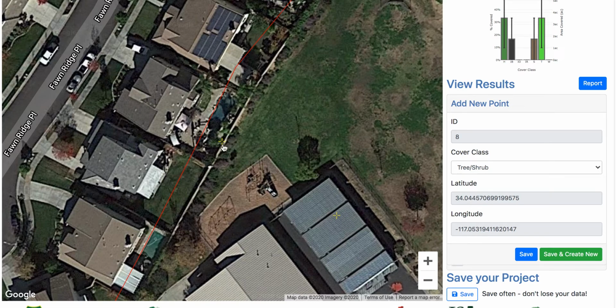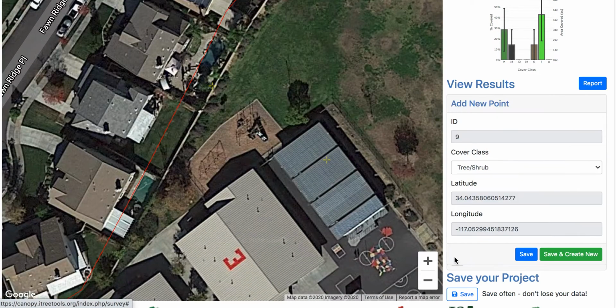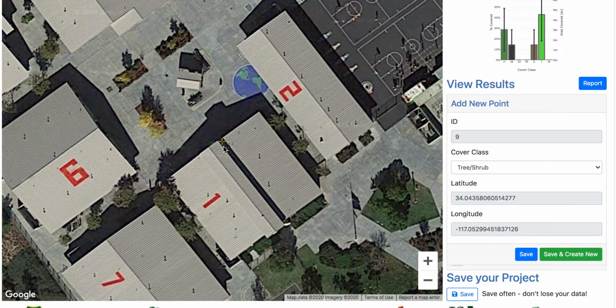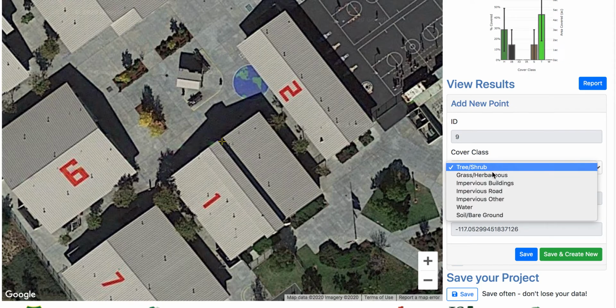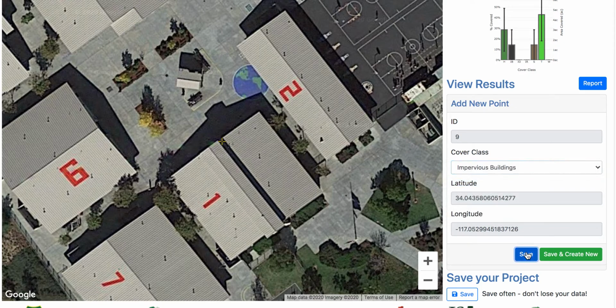And then I'm going to go over here and it looks like we're in someone's backyard in this picture and that it might be near a tree. I'm going to say that's on a tree. It looks like the edge of a tree. And now the crosshairs is back on a building. So I'm going to say impervious building